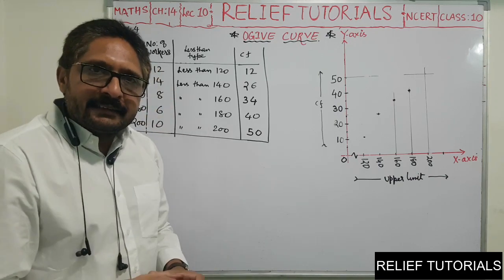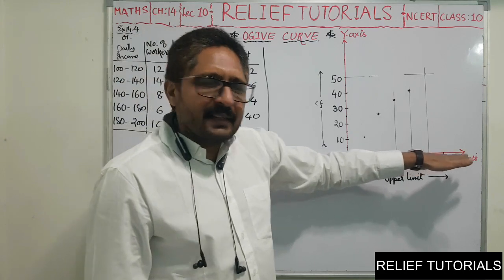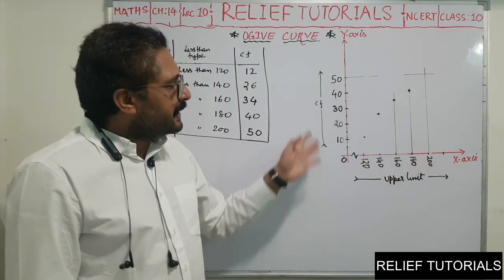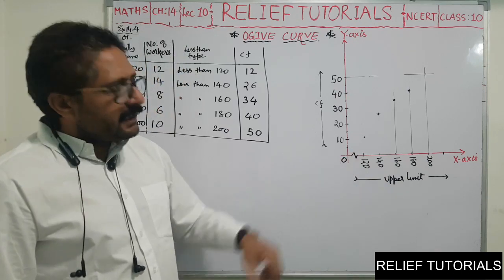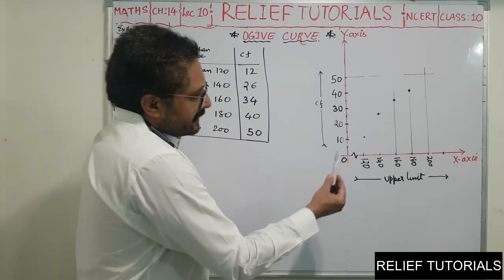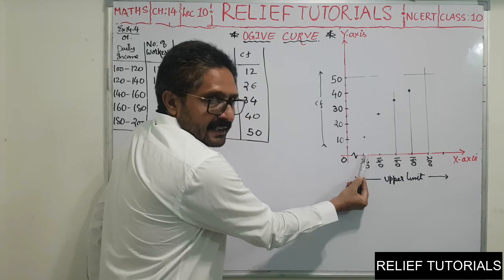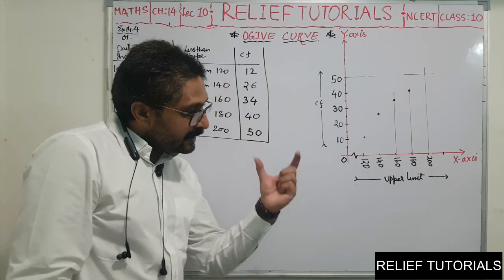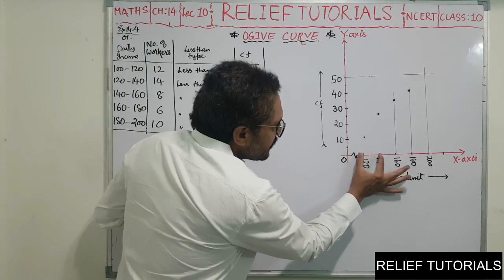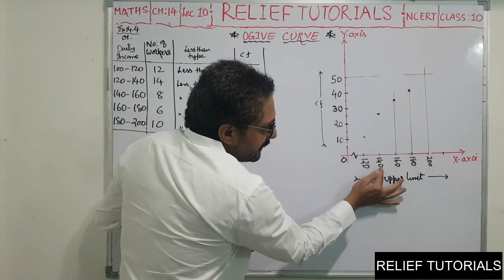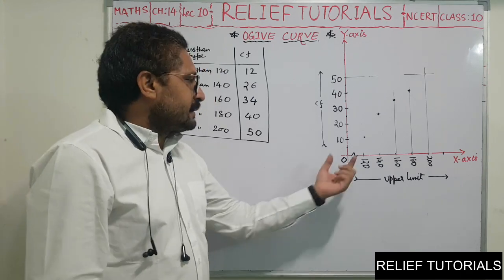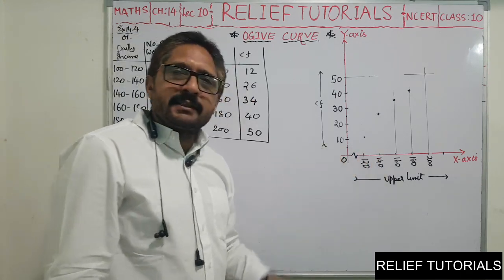And with appropriate scale. You have seen scale in 9th standard. Scale on both the axes may be different. It is not necessary that they should be the same. In our case, on x-axis, this is 1 centimeter. So here 1 centimeter is 0 to 120. Then this is also 1 centimeter. So here 1 centimeter is 20. So it's not fair. 1 centimeter is 120 here, and here 1 centimeter is 20.